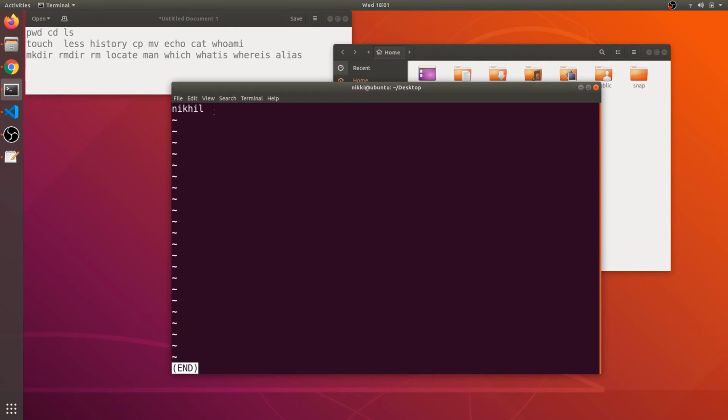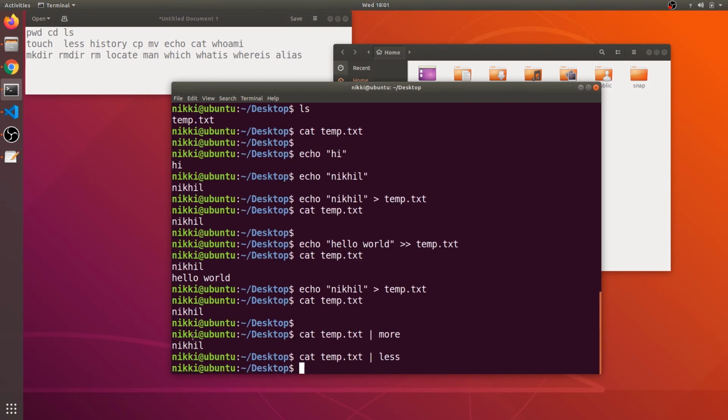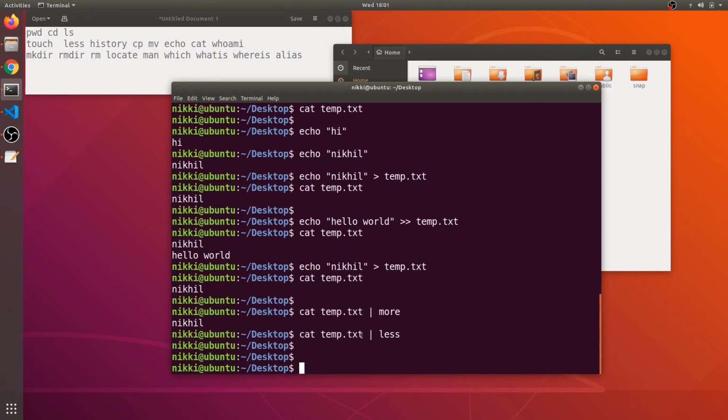If I scroll down, I get this error sound. So to quit this less command, I can just say q. The less command is not important now, but in future videos we will see its importance.